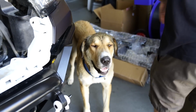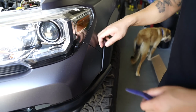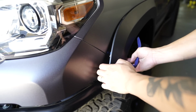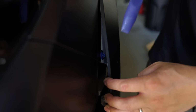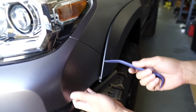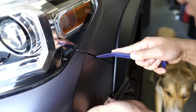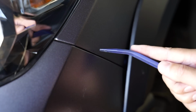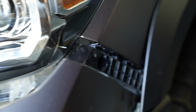Alright Milo, what's next? Alright, next you will have to pretty much separate your bumper from your fender. To do that you will need to pop your fender liner off. So just pull it out. There is a little blue clip on the fender, so keep that there. What you need to do is get a plastic pry tool. We're going to get right in between here. There is a little black piece that is holding the bumper and the fender together, so we just need to separate it. So lift that and it'll pop out,